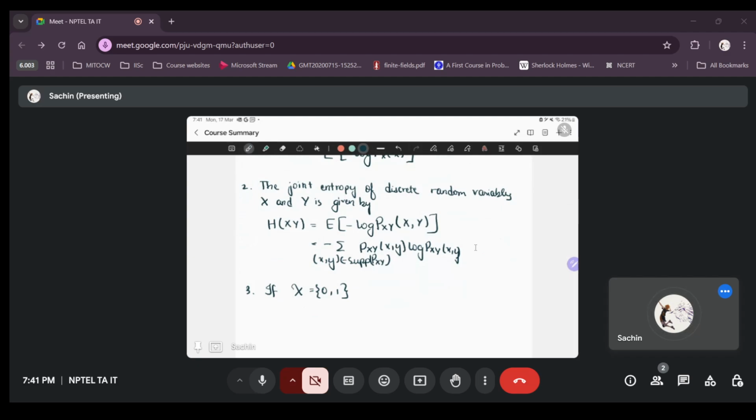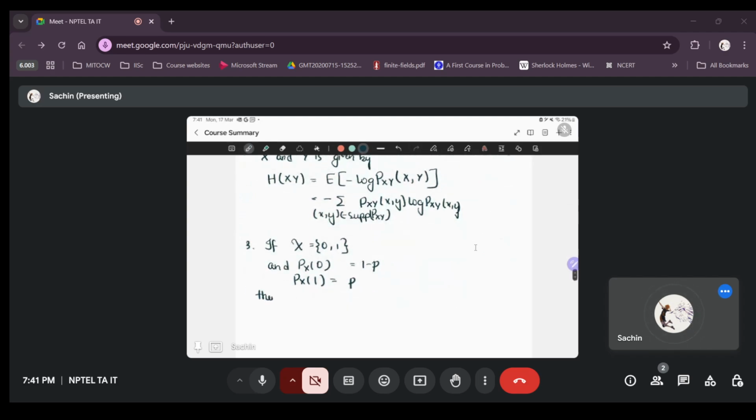Let me just write 0, 1 as the standard. And px of x equals 0 is 1 minus p, px of x equals 1 is p. Then the